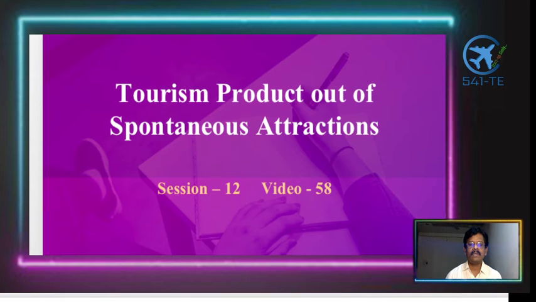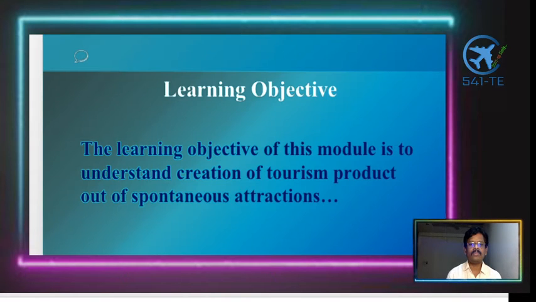With that, let me introduce tourism product development out of spontaneous attractions. How does it happen in the tourism industry? The learning objective of this module is to understand the creation of tourism products out of spontaneous attractions. Right. So what are these